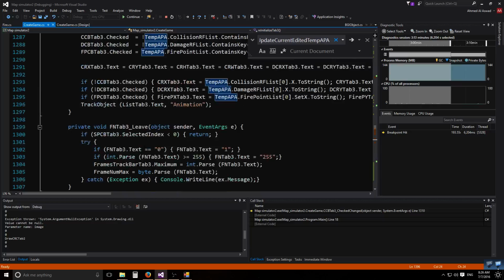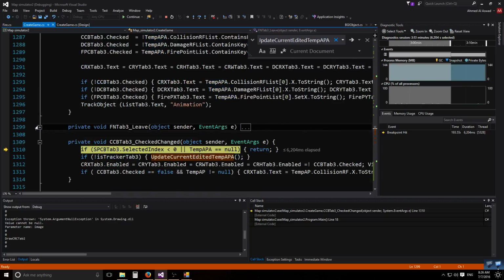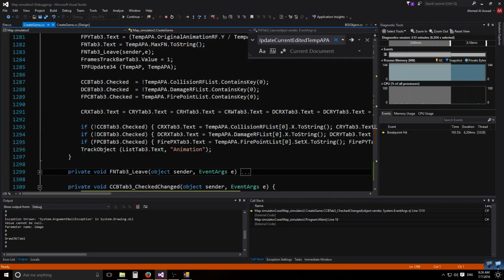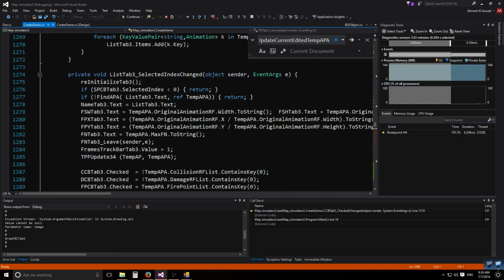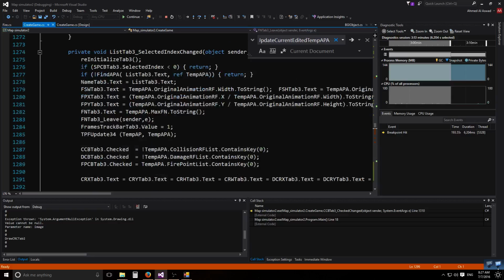This is the maximum number of frames. The silly part is I completely forgot in which part I generate a new one. One of the bars is when you select one, and this is